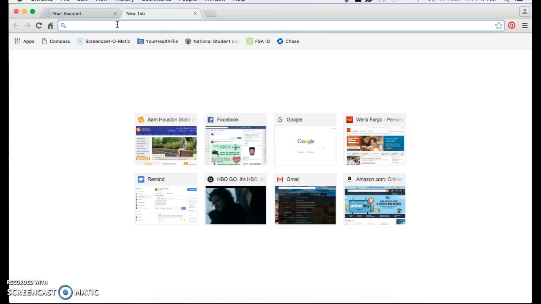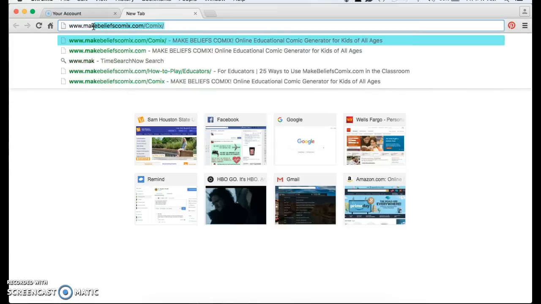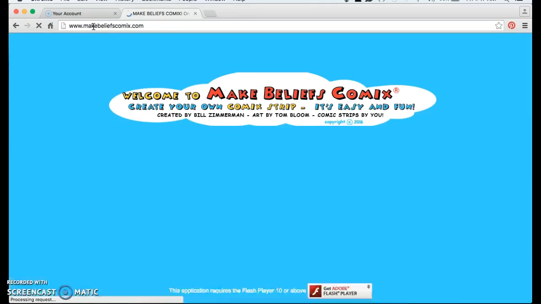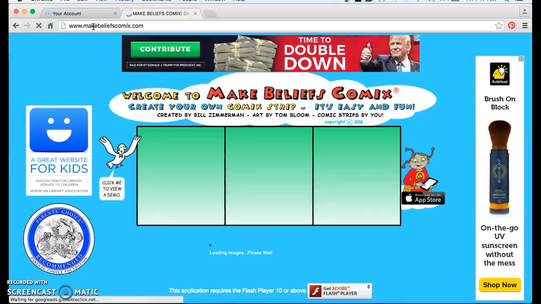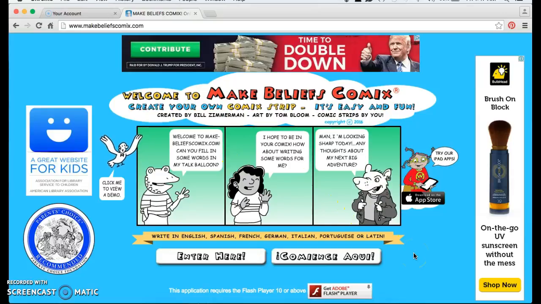The website is, we're going to start here. I'm on a MacBook, but I'm using Google Chrome. So I'm going to come to the address bar, and the website that I want to share with you is www.make, and you see that it's auto-populating here, MakeBeliefsComix.com. Press enter, and it gives me this very beautiful blue background, and it also provides a sample comic strip